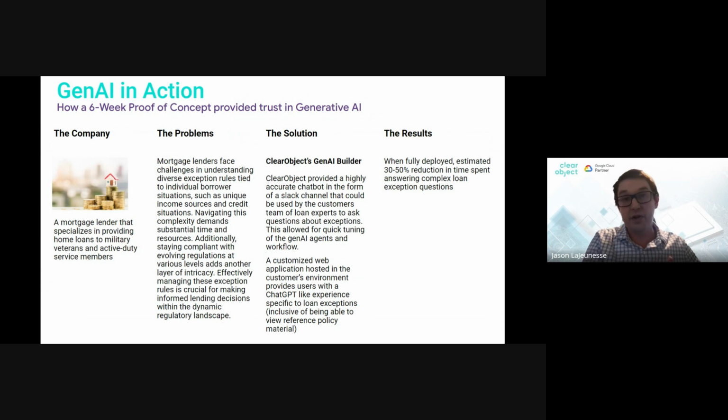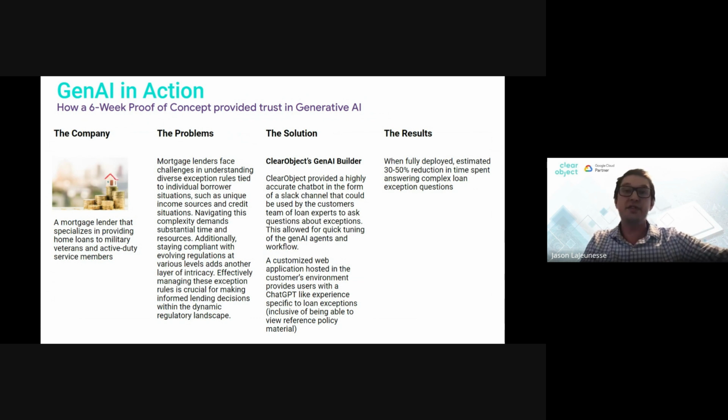We utilized some of our tooling called the GenAI Builder, which is something we are actively building as a product. What we did is make a chatbot and a system for ingesting these documents in a way that we can use in this retrieval augmented generation approach. And if you hear of RAG in the context of GenAI, just be aware that it is a method of prompt engineering to basically utilize your documents with an off-the-shelf large language model without having to fine-tune it.